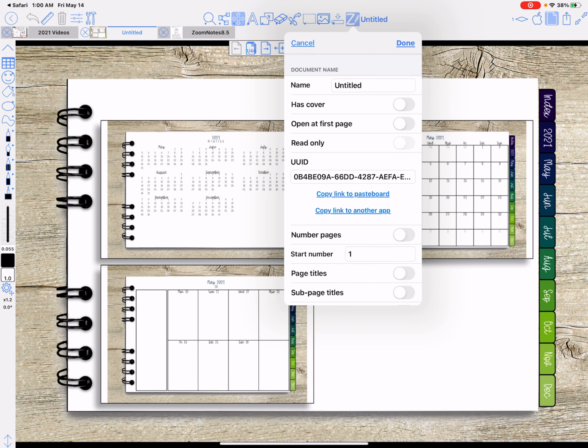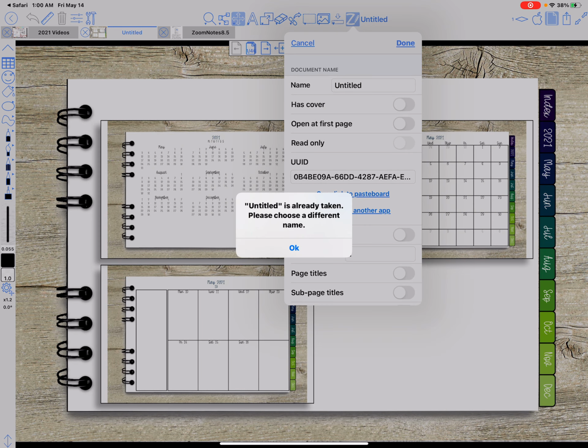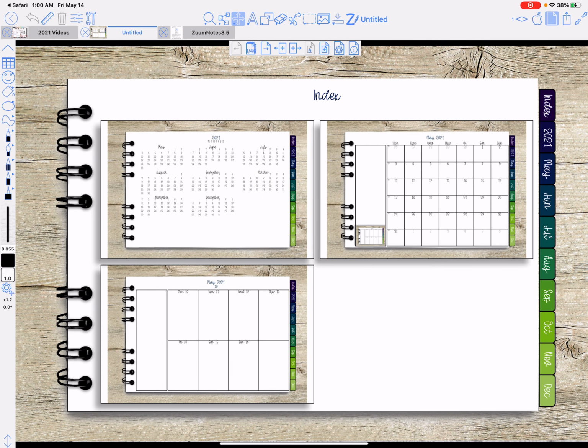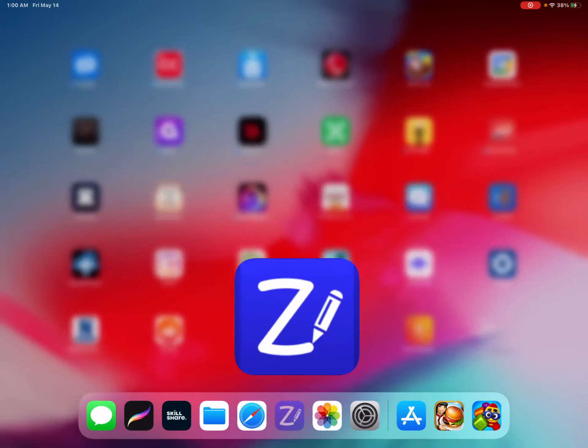And see, it opens up to that page. So I'm done. Let me cancel that. Cancel. All right, so it brings me to the page that I wanted to come to. Well, I'm not going to always have it on the pasteboard, so I need to put it on my text